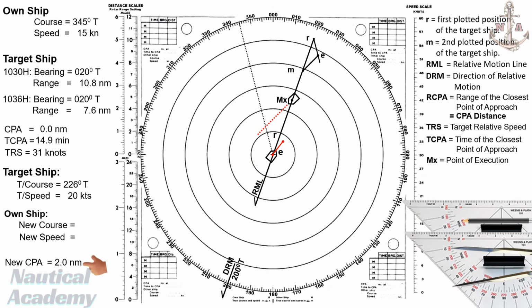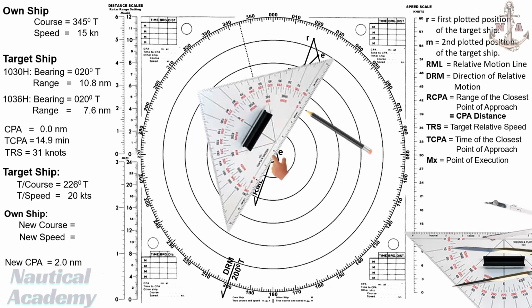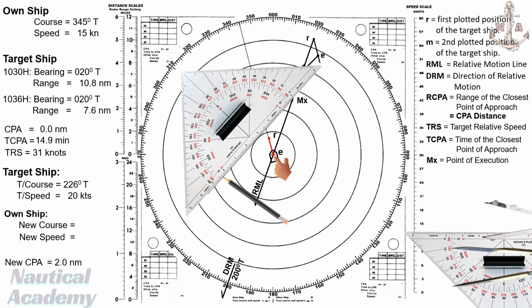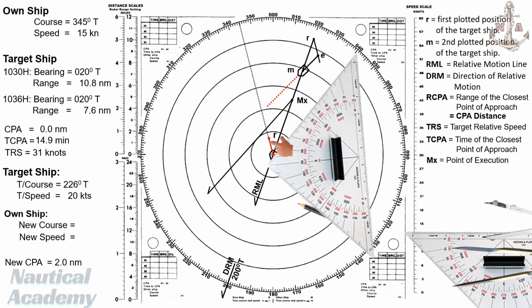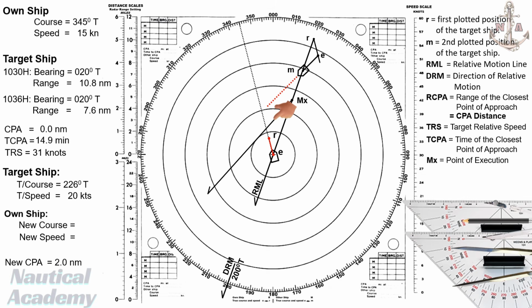To achieve a new CPA of 2 nautical miles, use the compass divider to measure 2 miles on the 12-mile range scale. Transfer this distance from the center of the plotting sheet and draw an arc on the side where the 2 vessels will pass. In this scenario, a 2-mile distance is exactly on the range ring. Next, draw a line from point MX tangent to a 2-mile ring and extend it in the direction of the target's relative motion. This line represents the new relative motion line, or new RML, with a new CPA of 2